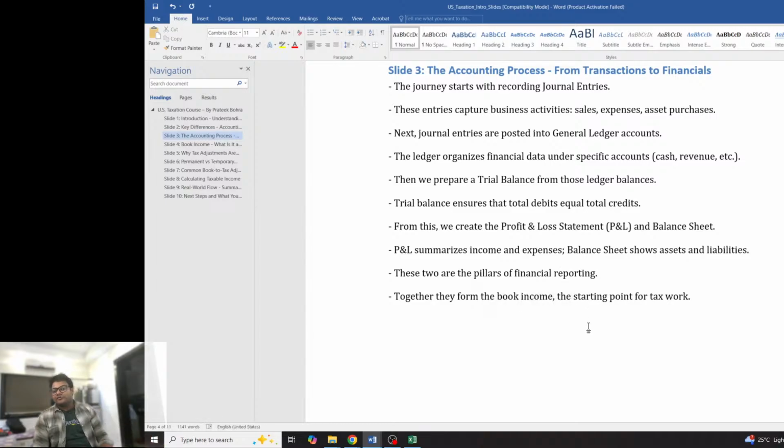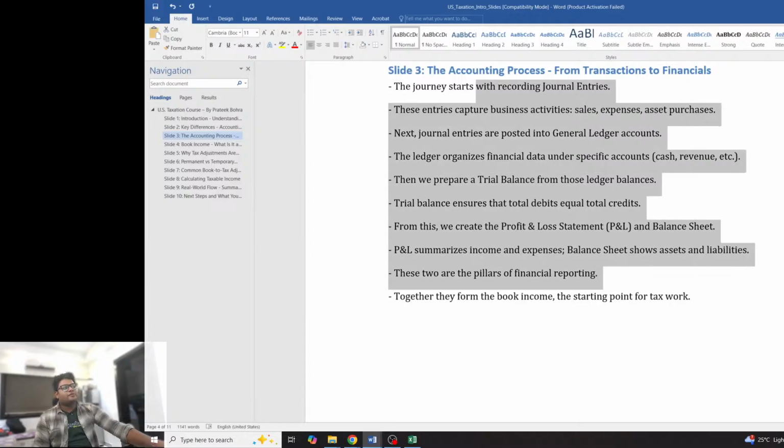So what's book income? As I mentioned before, book income is the starting point which we get from your trial balance. Once we have classified that into P&L and balance sheet, you will arrive at your book income as per accounts. Now from that, you will make certain adjustments and updates, and then you're going to arrive at your taxable income. But at the end of this accounting cycle, you will arrive at your book income, that is income or loss, of course. Now this is about the accounting process.